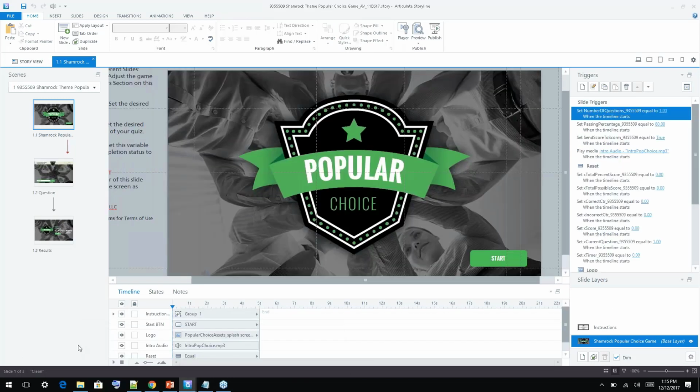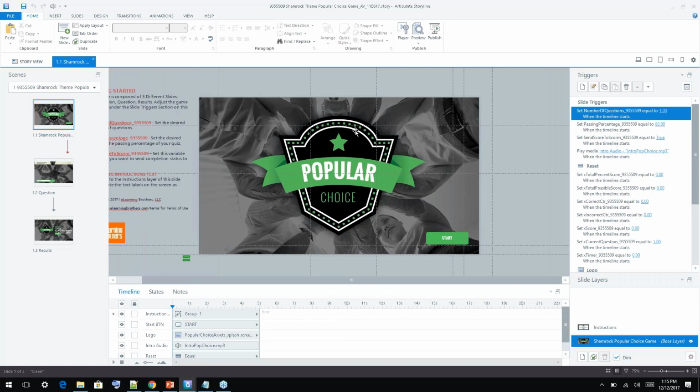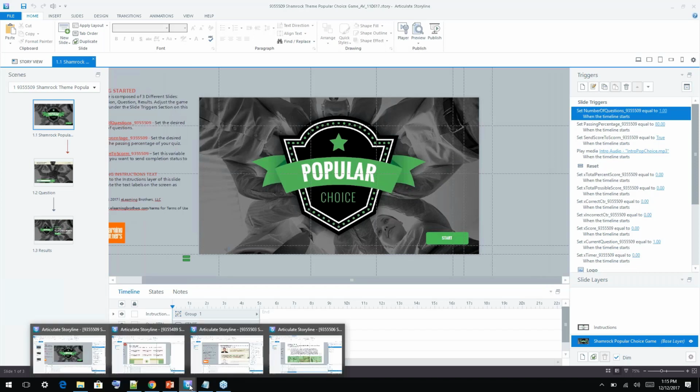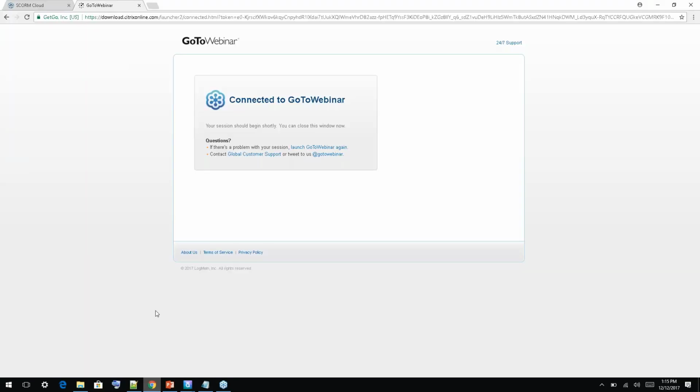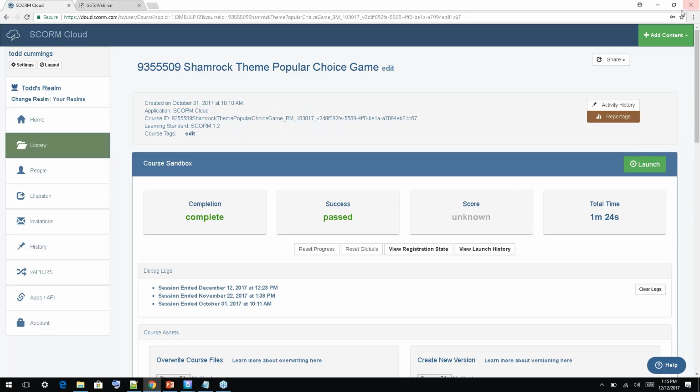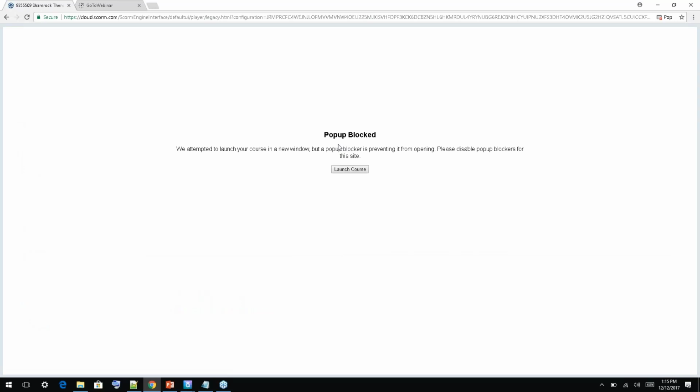So then the last template out of the 4 of these shamrocks I wanted to show you is actually a game that we've gone in and restyled for Shamrock. This is actually a pretty popular game that we've had in the library for a bit. We've updated it, changed some of the development, the background, and we've also obviously gone in and re-themed it. So if I show that to you, what you'll see on Stormcloud here